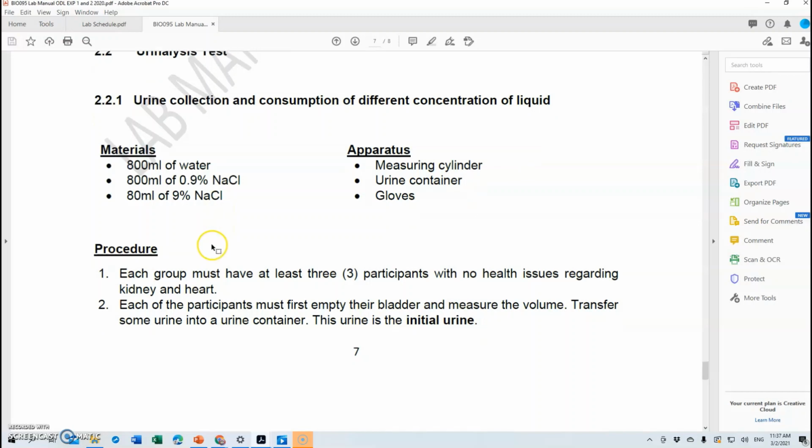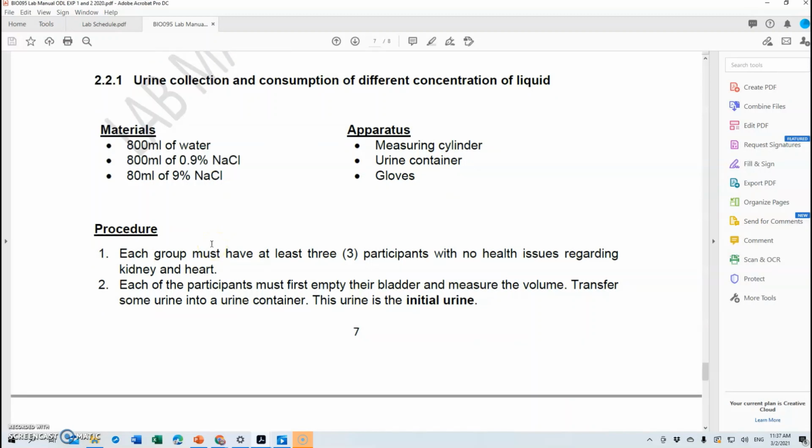So how do your nephrons get involved in the formation of urine for the 3 different solutions. So basically for this discussion, you have to discuss your results based on the theory,